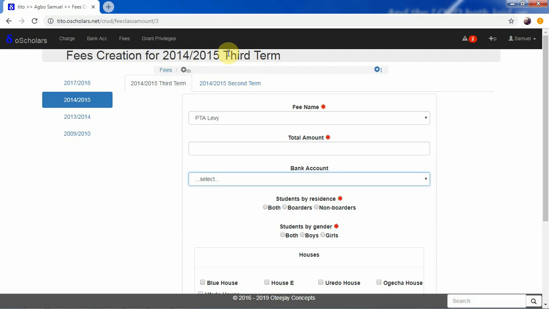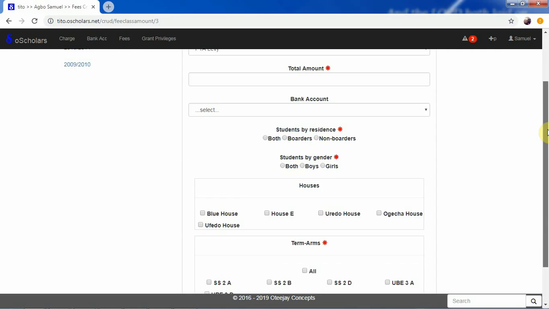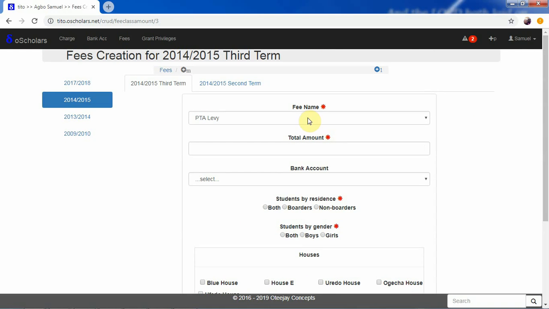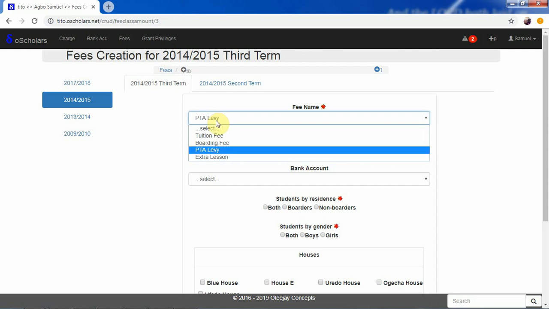That is the term we are working with, the current term, which is 2014-2015, the 2014-2015 third term. We can actually create for another term. Let's say this is an upcoming session, and we can actually create a fee for a term in this particular session. Now the way it works is this: you specify the name of the fee from this particular